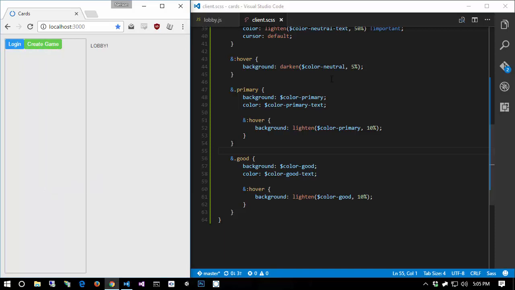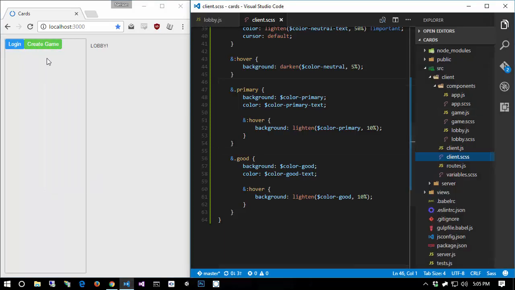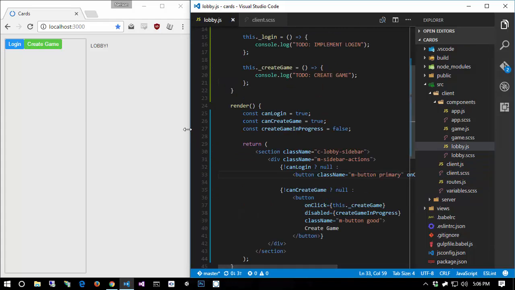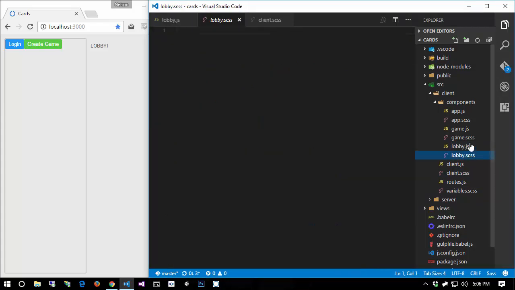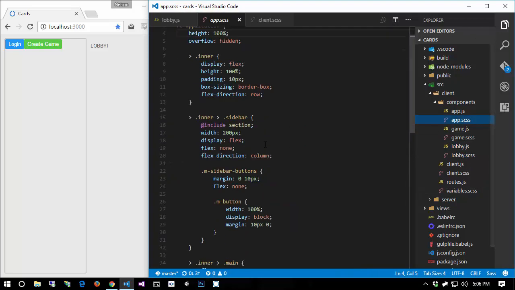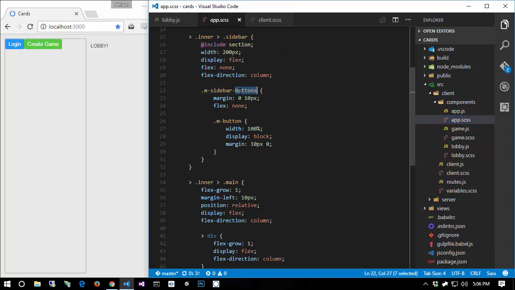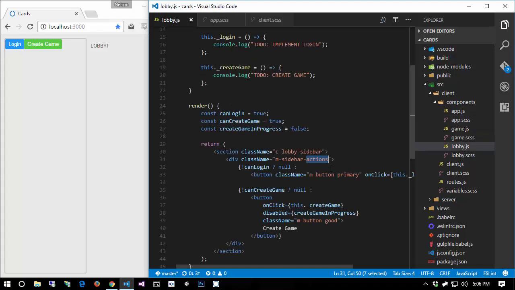properly styled. So let's take a look at why that is. These should be on their own lines. Could be I misspelled something, which is very, very common. So we do M sidebar actions, but we style it in app CSS as M sidebar buttons. Okay, I'm not going to change the CSS. I'm going to change the